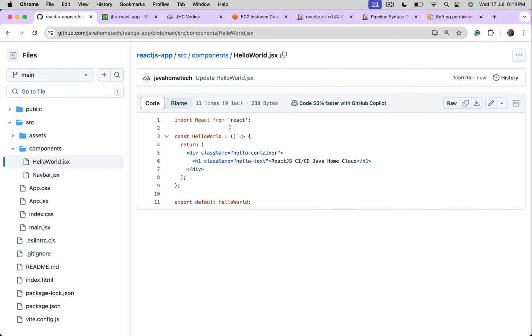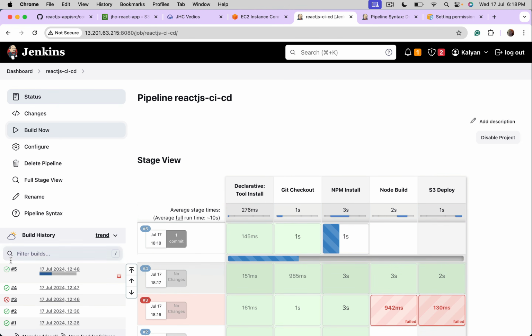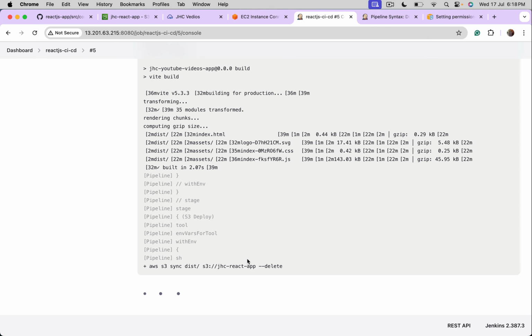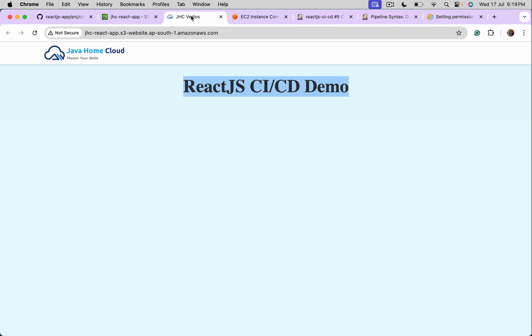We made changes to the code. Let's go to the Jenkins job, build it. It should deploy the changes we made. Let's go and check console output. Perfect. I'm refreshing. It is getting deployed. Yeah, these are the steps to implement a CI/CD pipeline